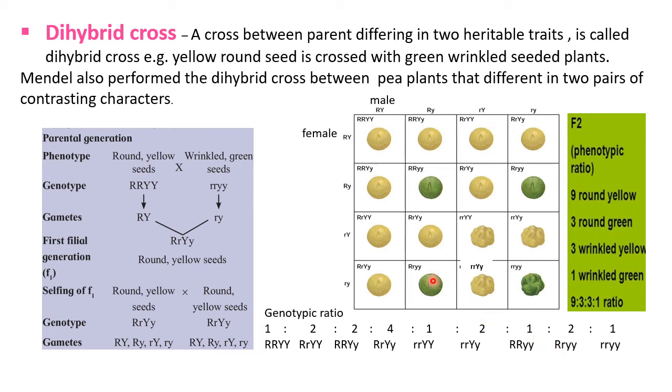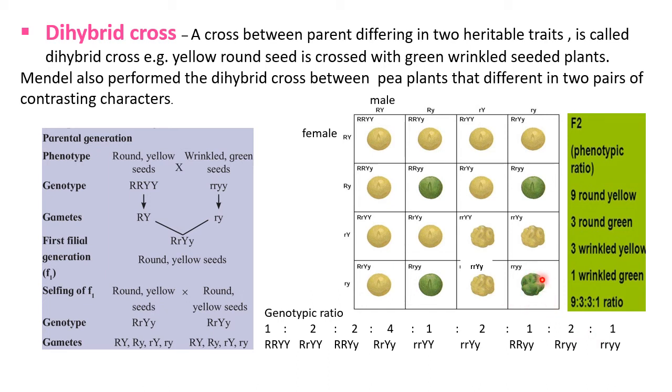Here we see this. The first one is here, that is capital R, small r, and both small y. And the second one is here, that is capital R, small r, and both y are small, in the ratio of 2. And the last one is in the ratio of 1, that is both small r recessive, and both small y. Here we see this combination.